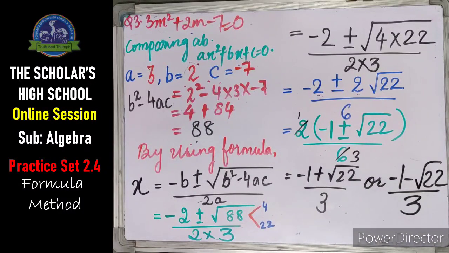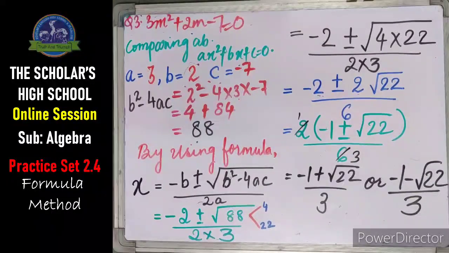Now after the third question, question number 4 and question number 5 are omitted. Question number 6 you are going to solve, practice and write in the fair notebook. Then you are going to turn your page to page number 44 at the top. Question number 3 is given. The same thing you have to do with that activity based question. You have to solve it, compare it and find out the values of a, b and c. Then you have to find the value of b square minus 4ac. Then by using the formula method, you are going to find the roots of the given quadratic equation.